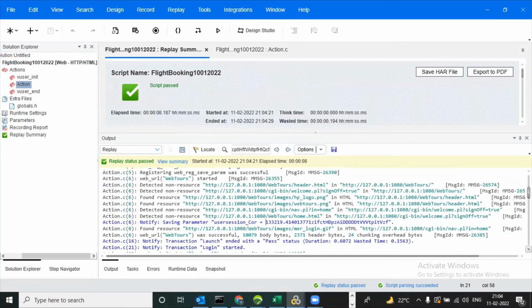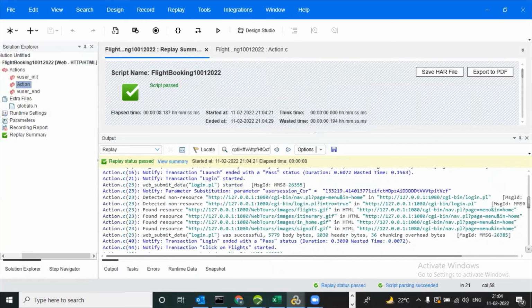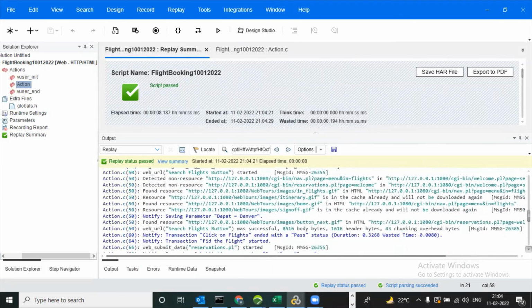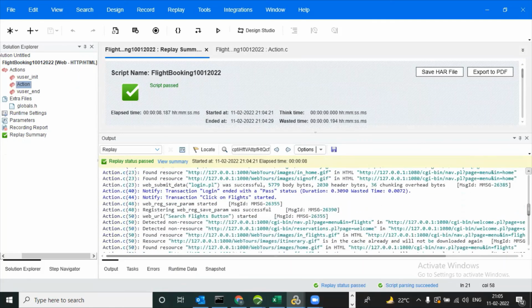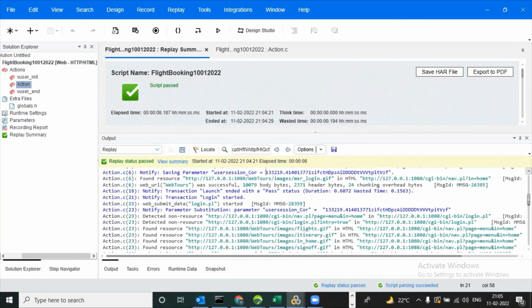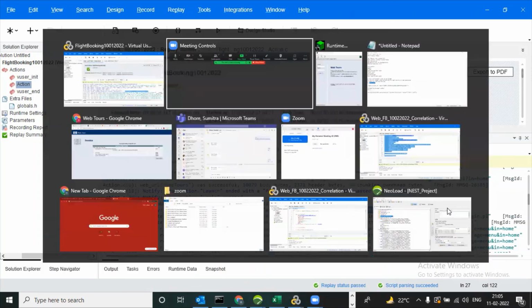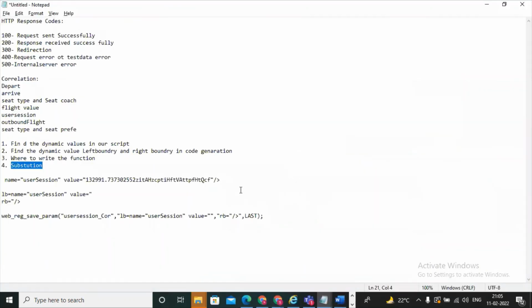So after that we substituted, and the substitution will happen. I've already done it. See, the parameter substitution is user section underscore COR. So you can compare this, and already in our script we copied it here, right?